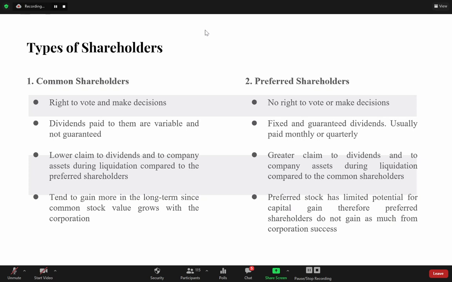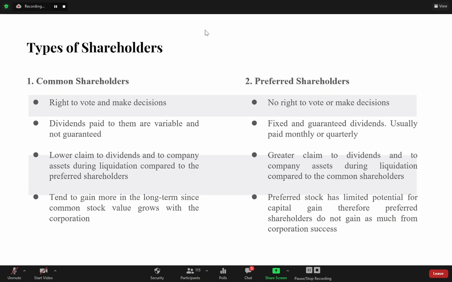So, for example, if in a month the preferred shareholders fail to be paid, the common shareholders can't be paid dividends until the preferred shareholders have been paid their due share of dividends. And the same is true for company assets during liquidation. When the company gets liquidated, the common shareholder is usually last in line to get